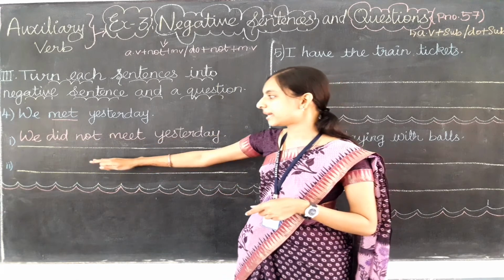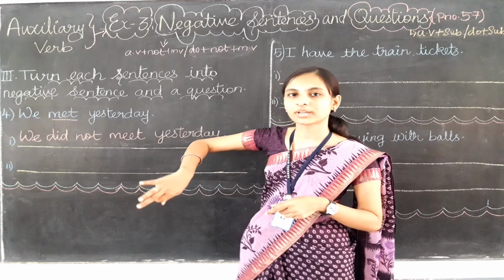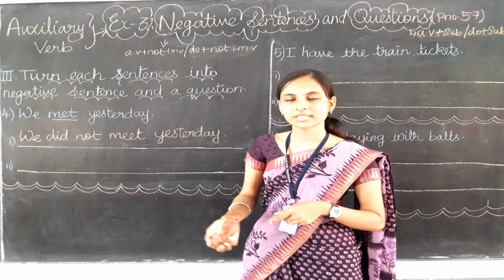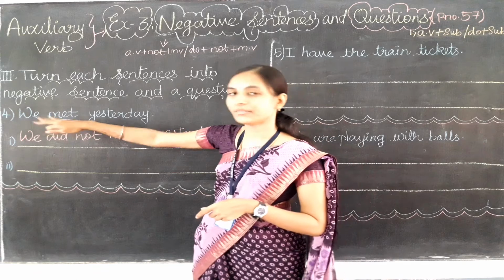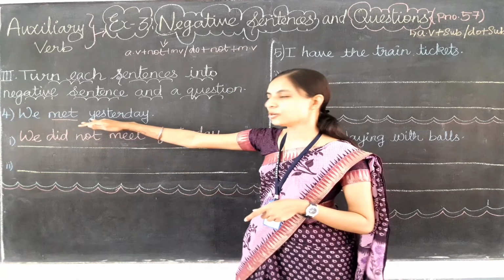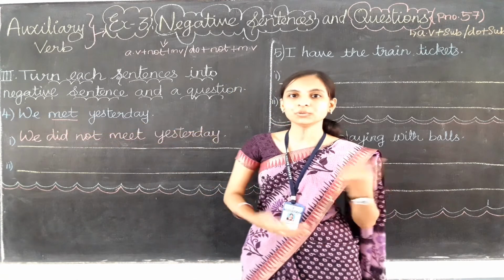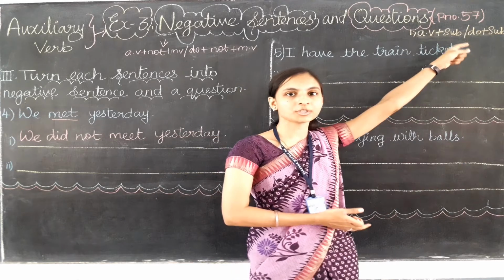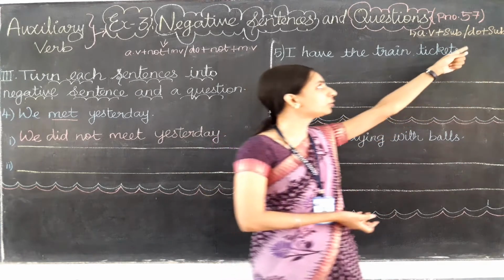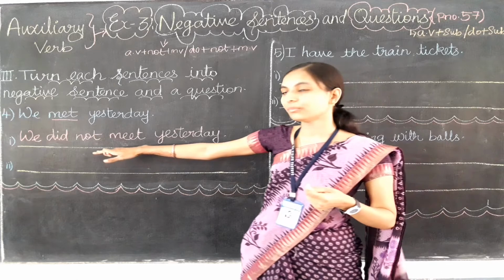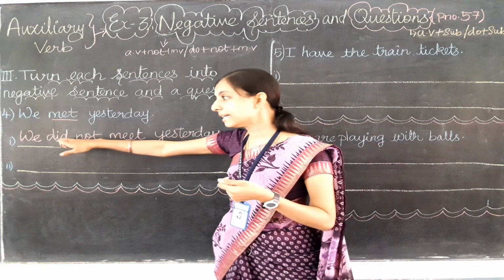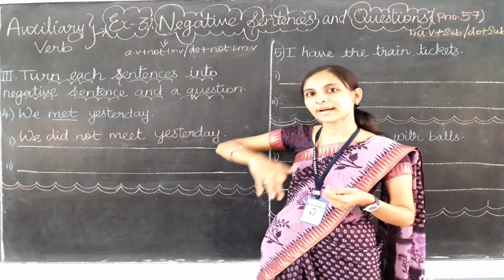Okay, now let's make the sentence into a question. Let's make this sentence a question sentence. So here we have already found that there is no auxiliary verb. We need to use the do form verb only, right? So here also, if there is no auxiliary verb, we need to use the do form verb. And which do form verb do we need to use? Yes, did only, because it talks about a past time event.